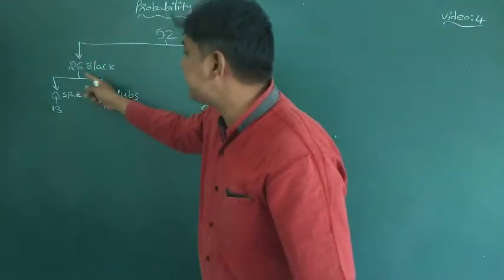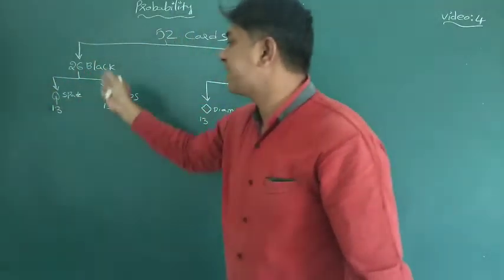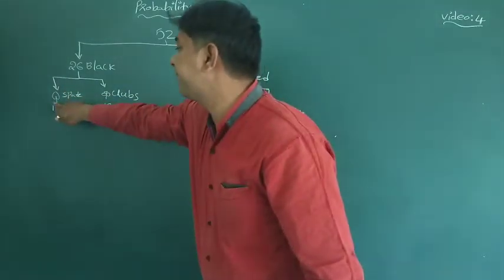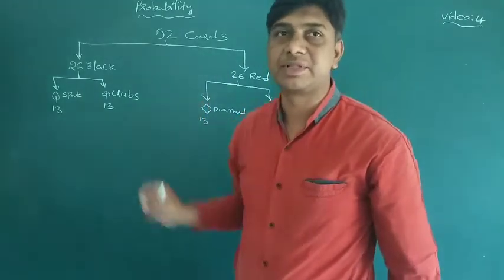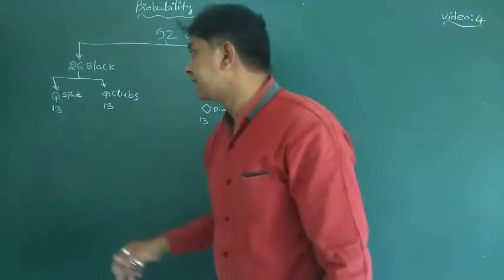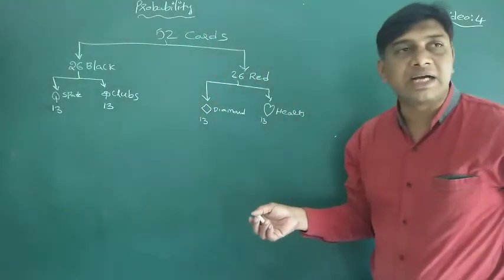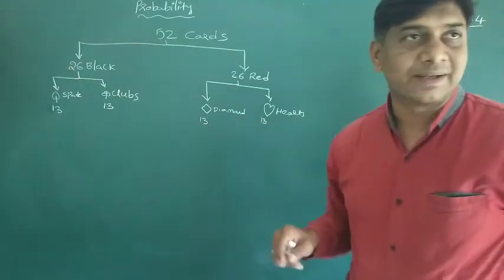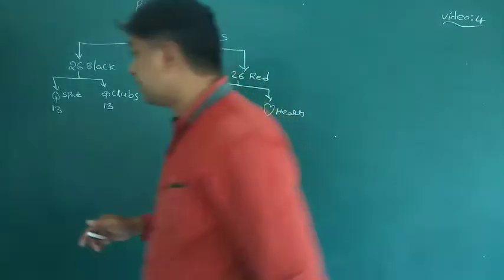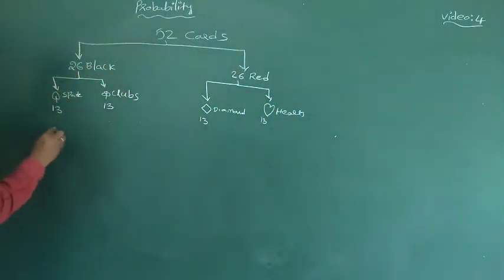Again in these 26 black, there are 2 kinds. One is a spade, like a leaf. Another one is a club, like a simple small flower. 13 each. Again in the red color cards, there are 13 diamonds and 13 hearts. Okay. In each 13,